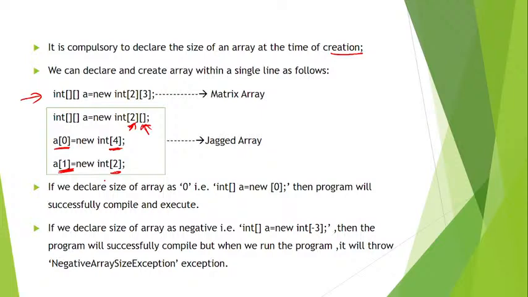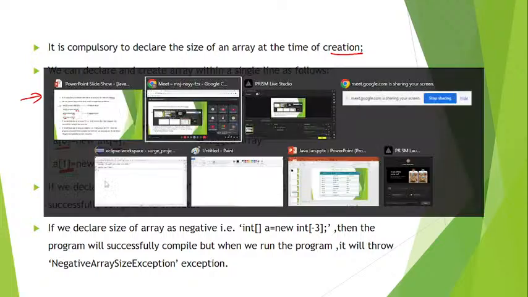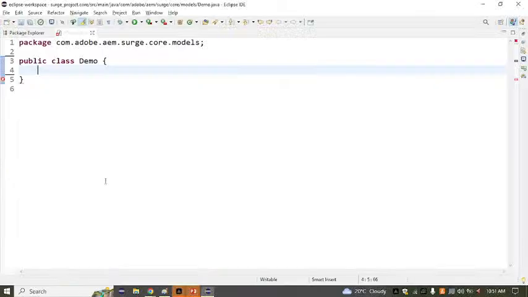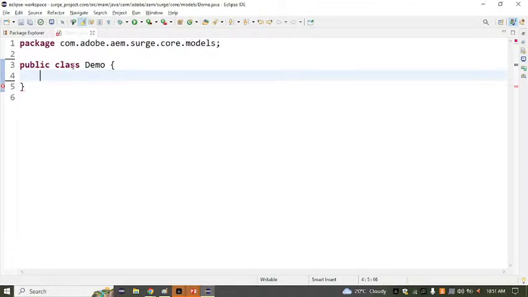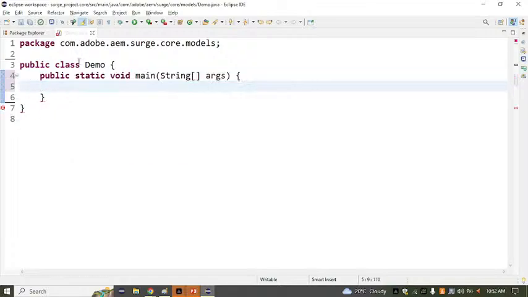Okay, we'll do one thing. We'll try to create an array. So this one we have. Now I'm just creating a main method here. Okay, this is the main method I have created. Now just try to create an array. So how can we create an array? You can simply define here